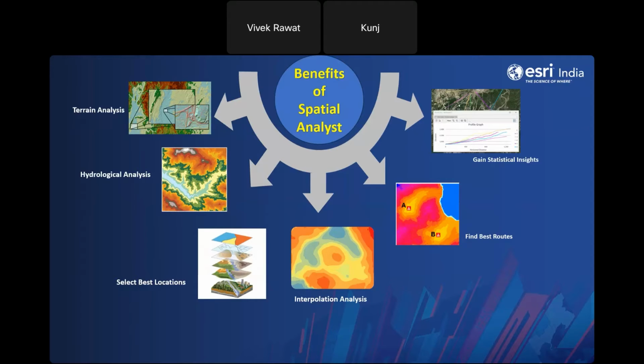Second, after doing several kinds of analysis, like the suitability, the interpolation, the hydrological, finding best routes on the distances on a different terrain, then we are always interested to gain some insights. We are interested to gain some statistical information from these. For example, I'm interested to get the mean value for a particular crop yield over a 10 year period or a decadal change. Then it can be identified with the help of statistical analysis